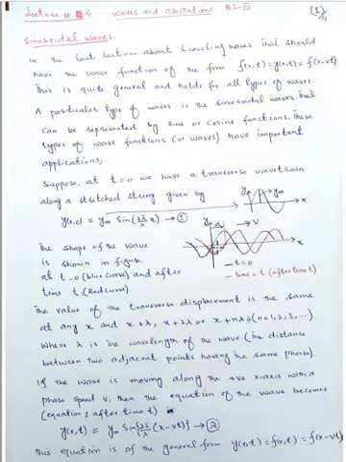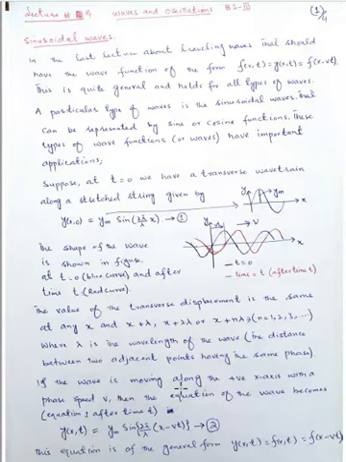That is, at x is equal to 0 you have a 0 displacement. Similarly, at x is equal to 1 wavelength, that is lambda, you have again the same displacement, and so on. So where lambda is the wavelength of the wave,